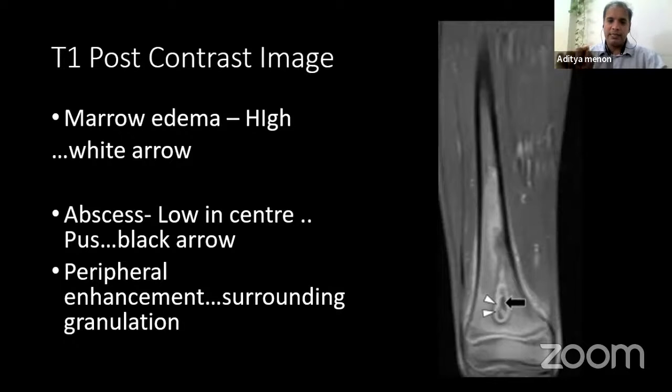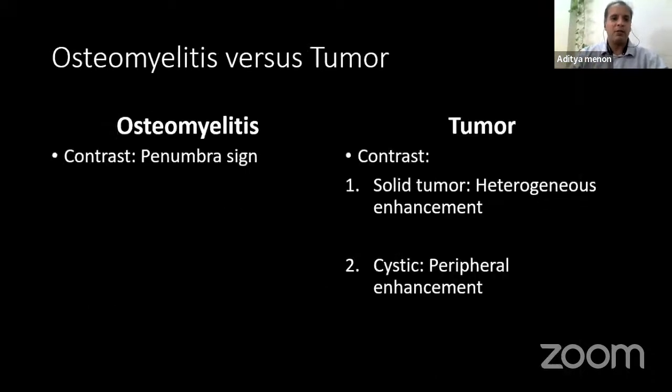And the lower part, the center is black or hypo because the pus does not have blood. But the surrounding is white because it has peripheral enhancement. Another important thing that we must differentiate is osteomyelitis and tumor, especially in pediatric cases, they become very, very difficult